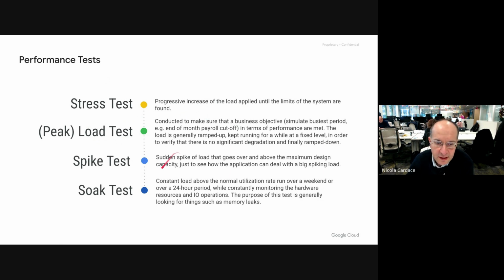The other thing I can do is a spike test. I can do it to immediately check and test the maximum design capacity. This might be impulsive. I can have the system working on a baseline of expected traffic, but at the same time, if I inject additional traffic without notice, can the system cope without showing errors and extra latency as well?